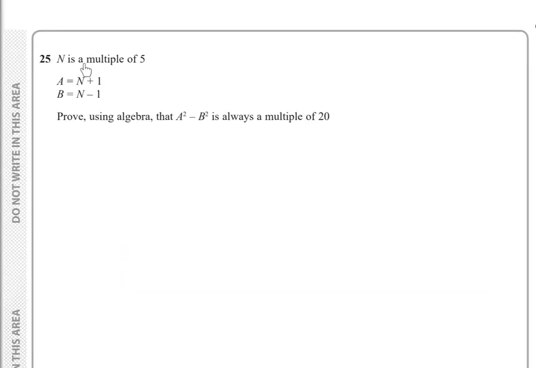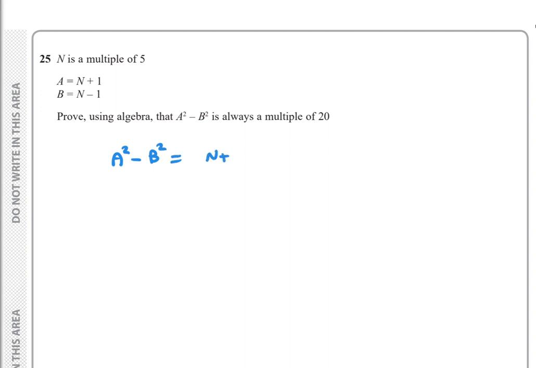25. n is a multiple of 5. a equals n plus 1. b equals n minus 1. Prove using algebra that a squared minus b squared is always a multiple of 20. a squared minus b squared